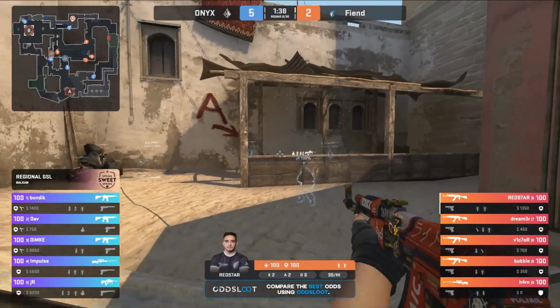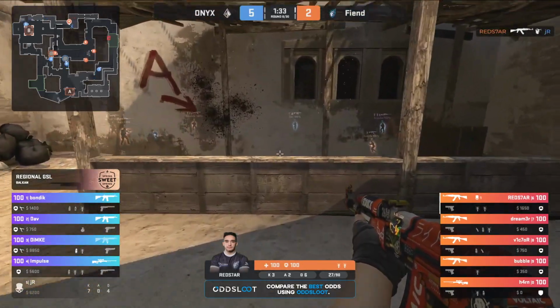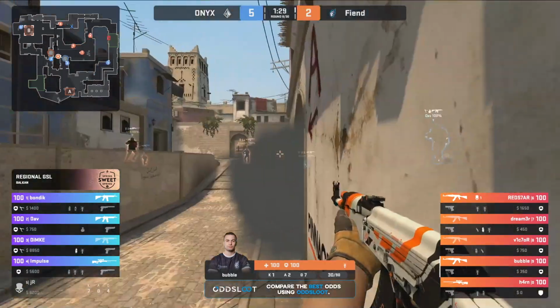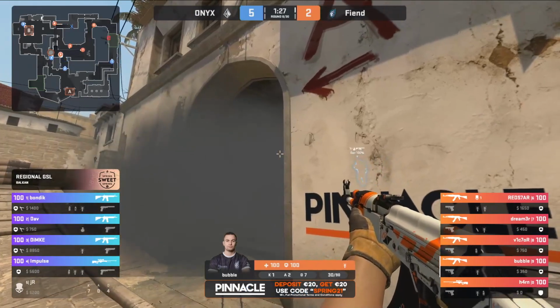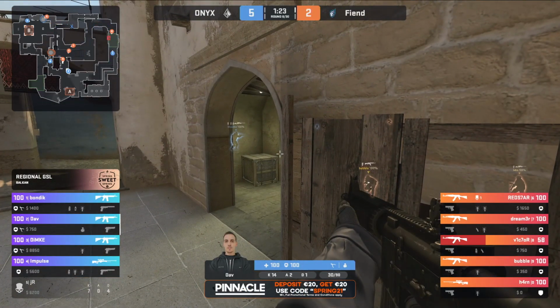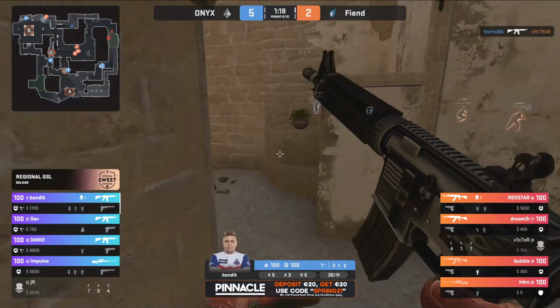And Bubble's getting aggressive. Wow. Look how far forward he is right now. REDSTAR catches off JR. Unfortunately, he was pivoting to try and prepare for someone in apartments. So it's an easy kill for REDSTAR and a rare opening frag for Fiend. Let's see if they'll be able to convert the round. Oh, Bondek, oh my word, I didn't even realize he's...